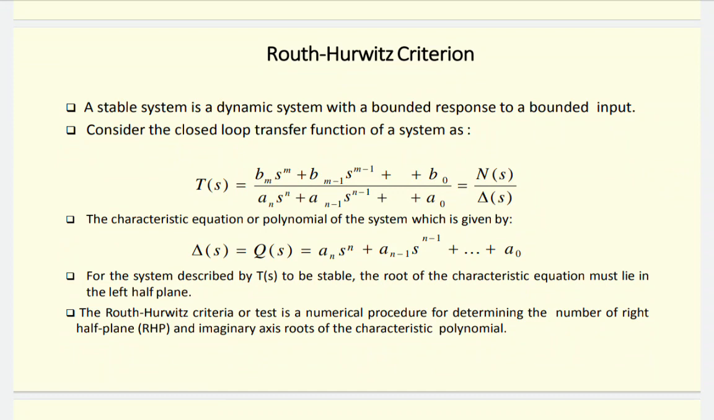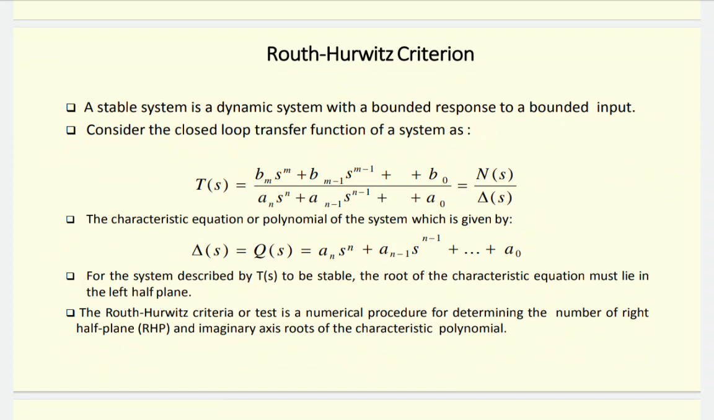Bm s to the power m plus Bm minus 1 s to the power m minus 1 plus and so on up to B0, divided by An s to the power n plus An minus 1 s to the power n minus 1 plus and so on up to A0, is equal to N of s by delta of s. N of s is the polynomial at the numerator, and delta of s is the polynomial at the denominator. Now the characteristic equation or polynomial of the system is given by, that is delta of s